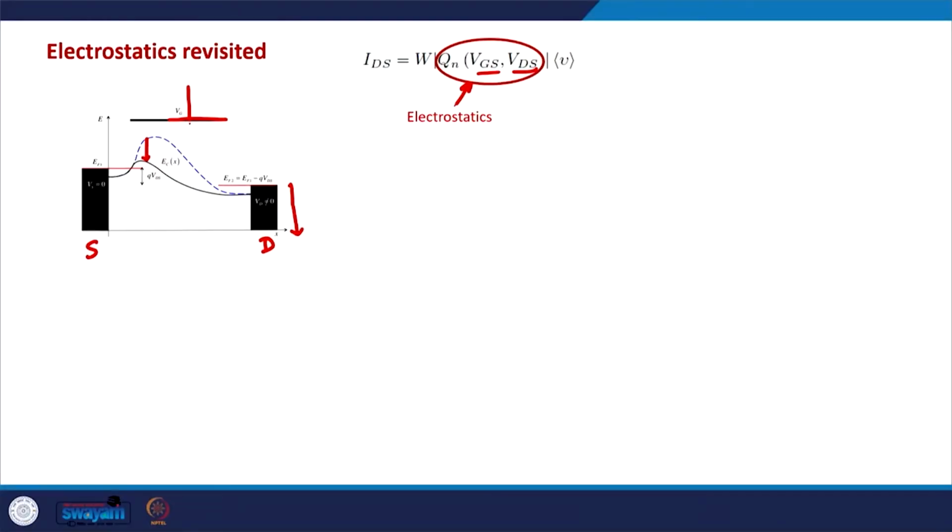By using the gate voltage, we can control the barrier height, and by using the drain voltage we can control the symmetry of the barrier to allow the electron flow from the source to the drain. So this is the ideal scenario in which ideally the barrier height should only depend on the gate voltage and not on the drain voltage, because if the barrier height depends on the drain voltage, then it creates a kind